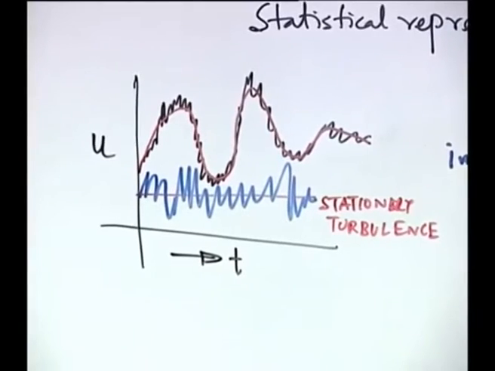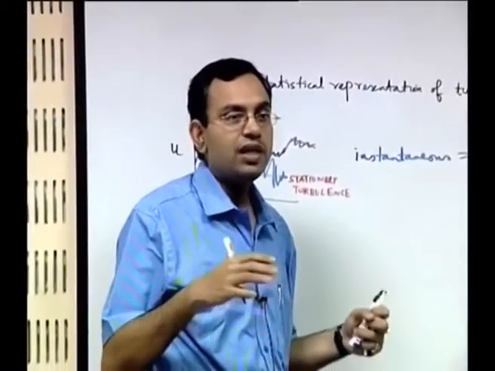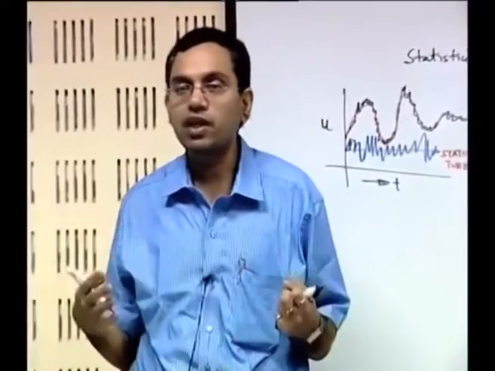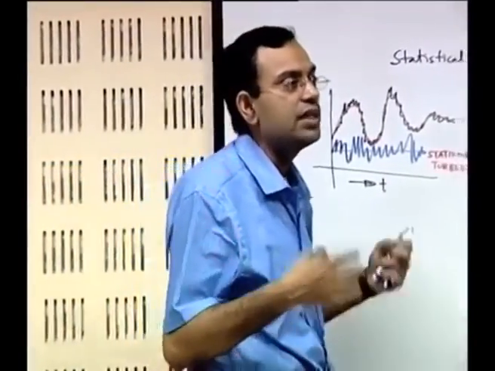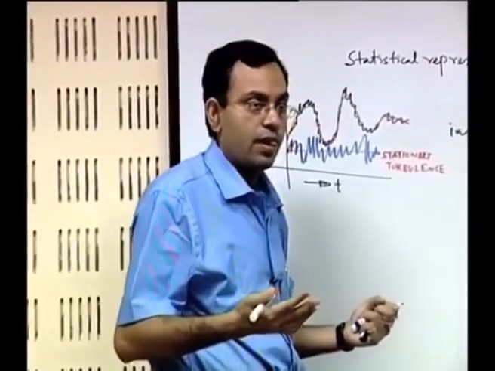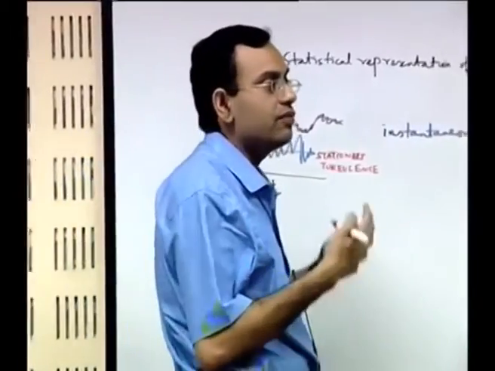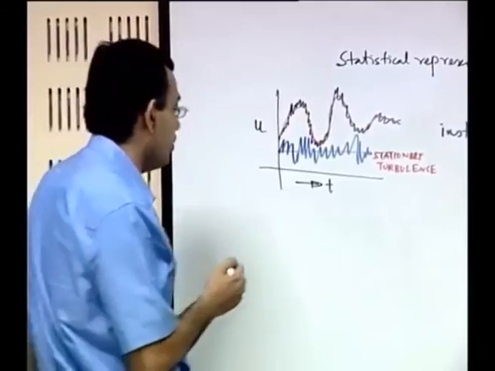So, when we have a mean, we also have a standard deviation with respect to mean. So, you can represent the turbulent flow with respect to mean, standard deviation, correlation coefficients, very much similar to what you do for any statistical analysis. Now, when you do that, there are certain important special types of turbulent flows that appear, which let us discuss for the sake of completeness.